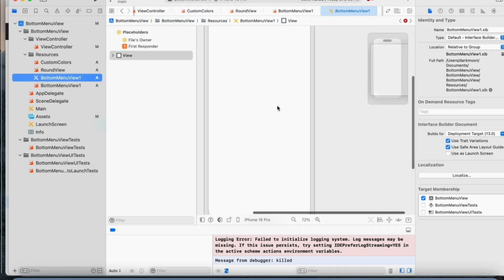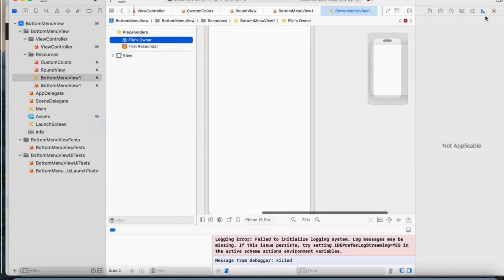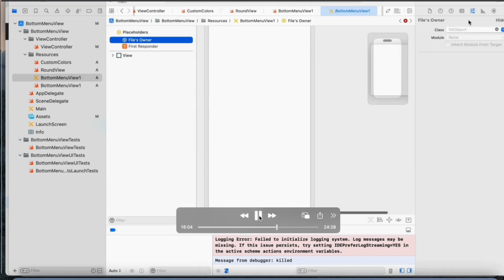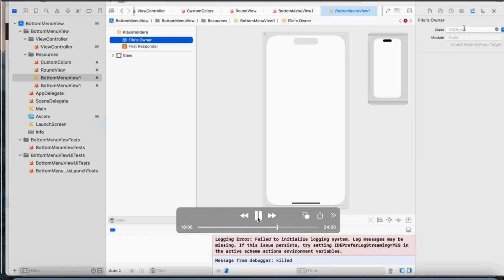we'll be going to the XIB. We have to add the file owner. So this is a major step. You have to give the class name. Suppose here the class name,